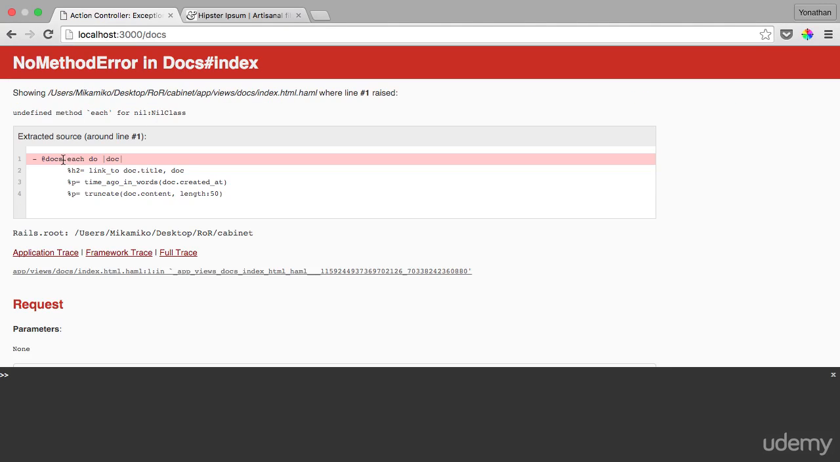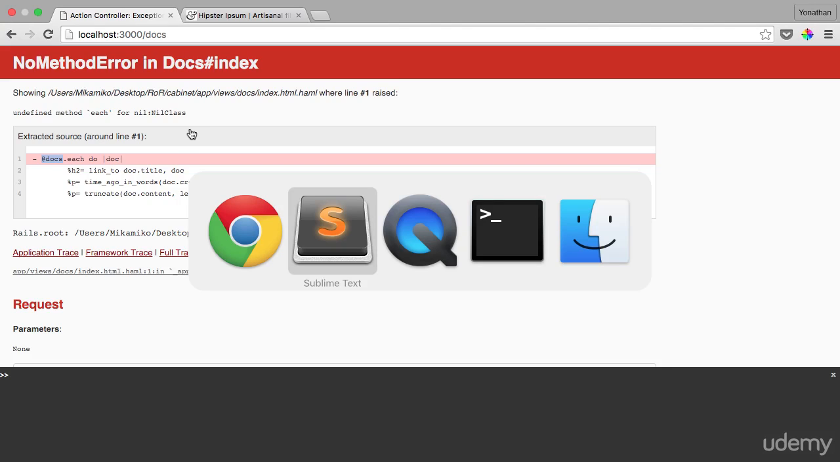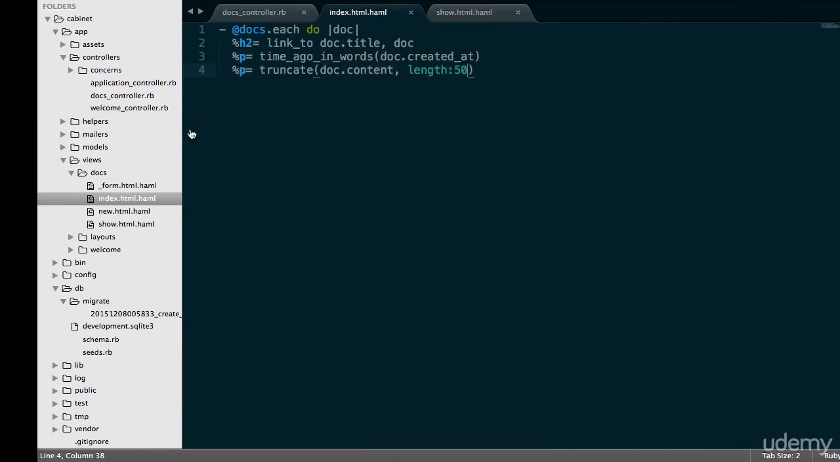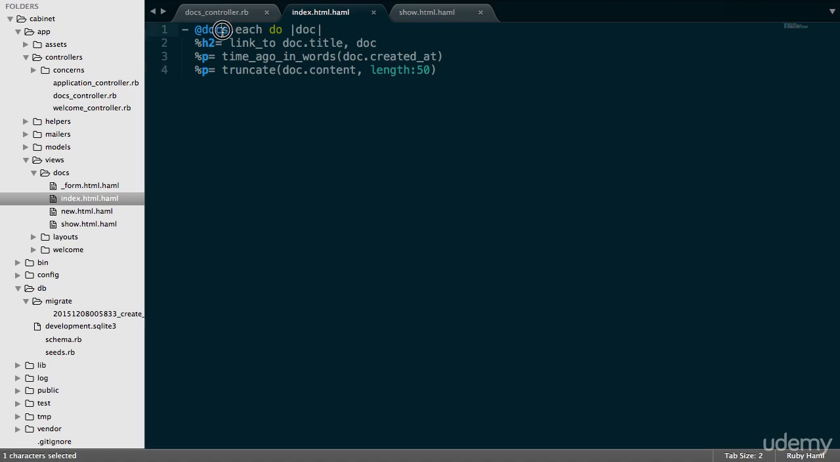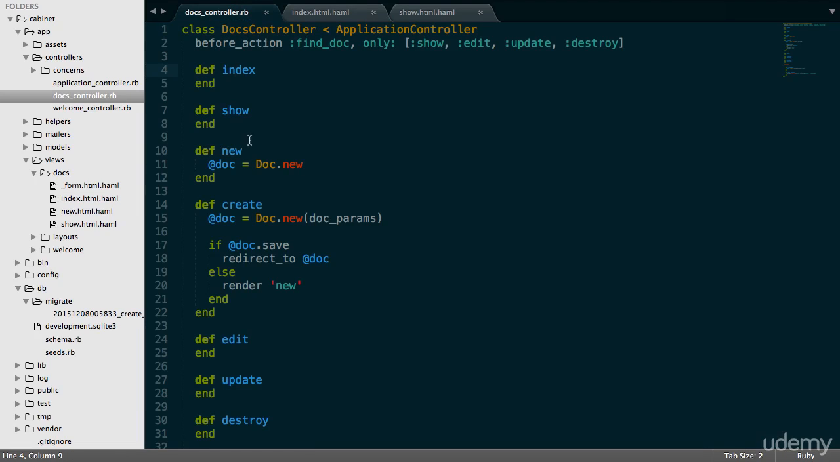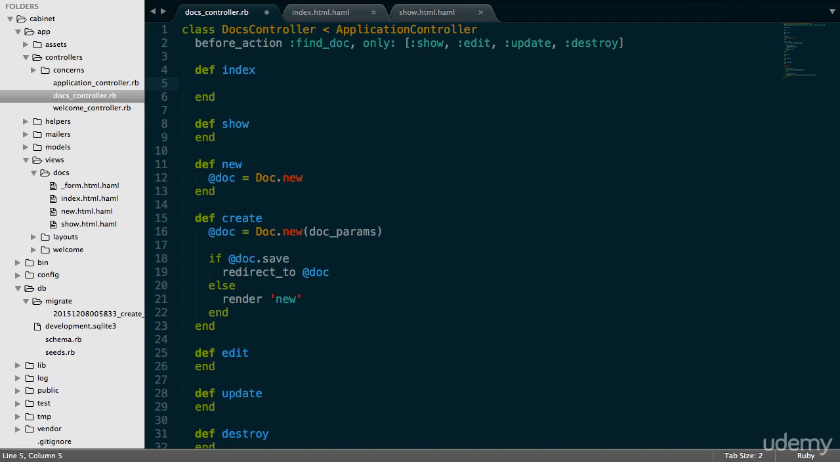Excellent. So now we haven't defined @docs. And if you've noticed, @docs is different from @doc. So it's asking us for @docs, which is plural because there are many documents. We worked on @doc for new, for show, for edit, for update, for destroy, but now we need to define it in the index action as well. And here it's going to be @files,